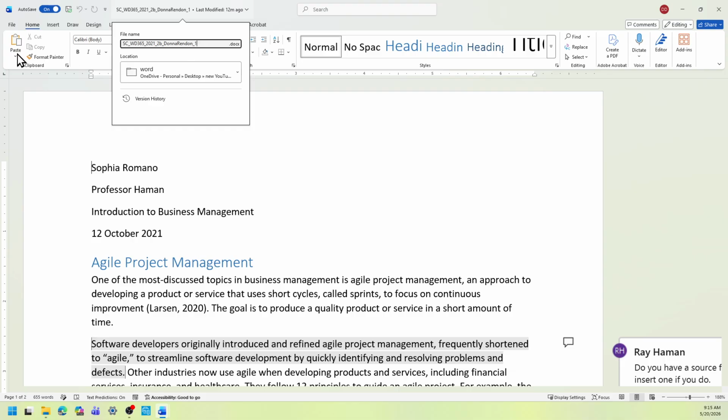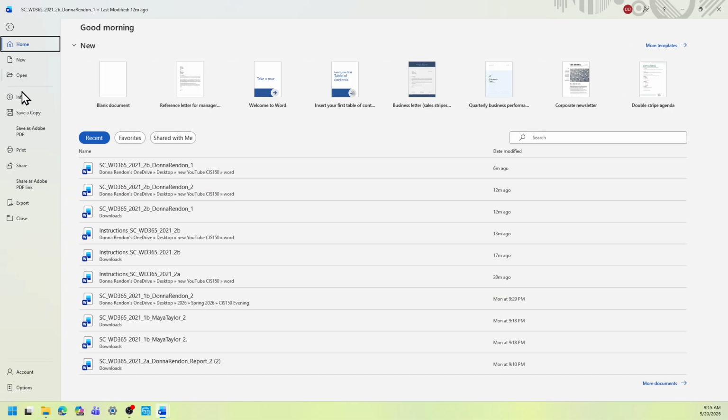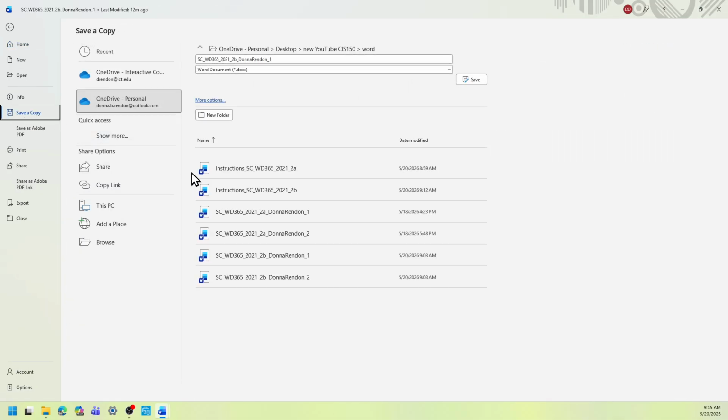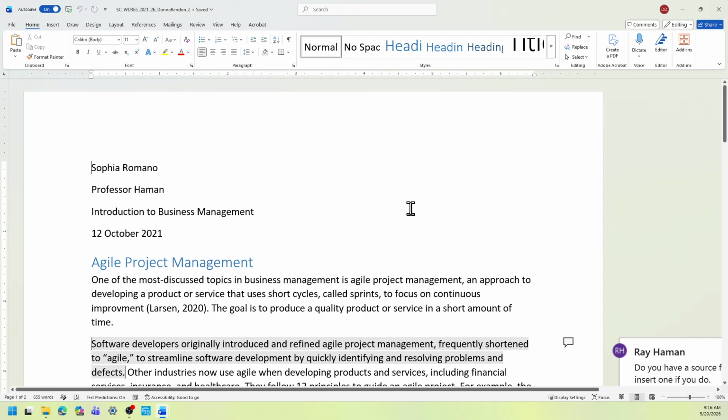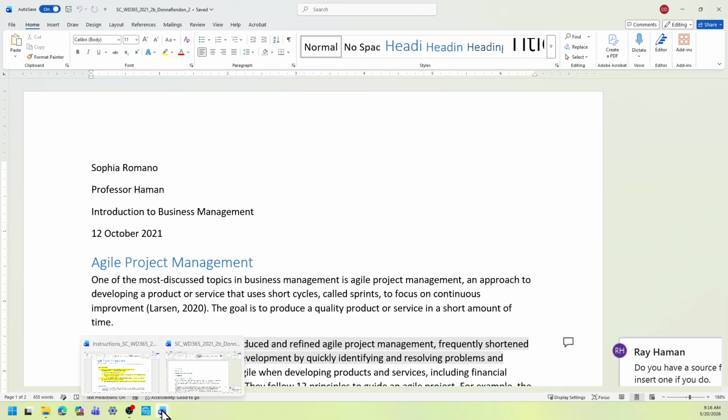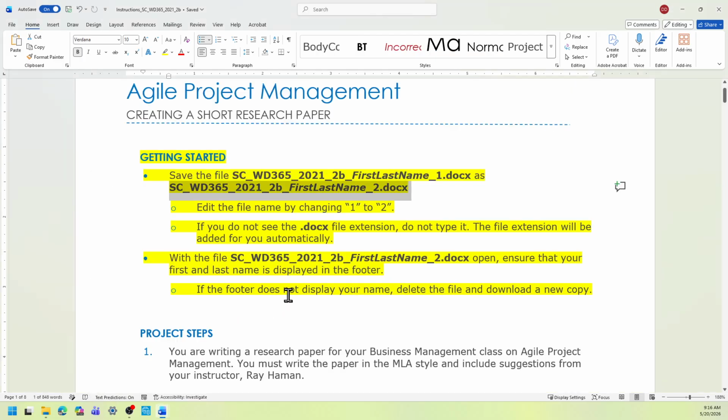So you just need to save a file, and I have a folder, and then I need to change this to 2. Okay, I have already one file there, so I'm just going to replace it. Okay, and it's about Agile Project Management.